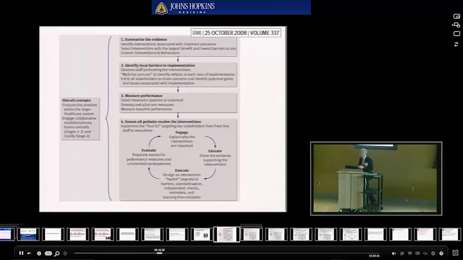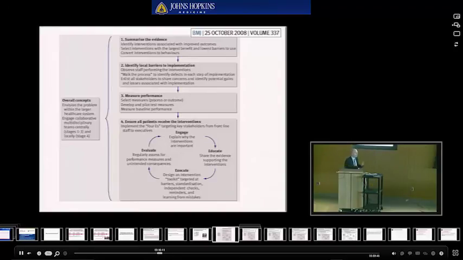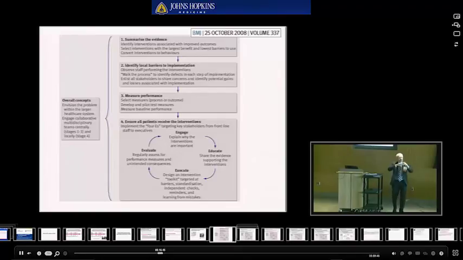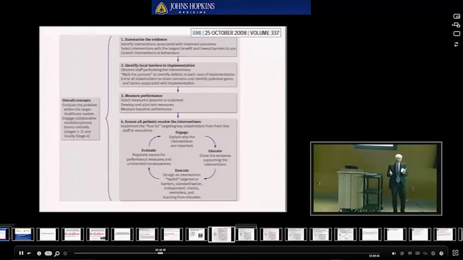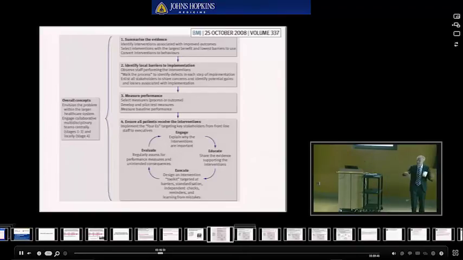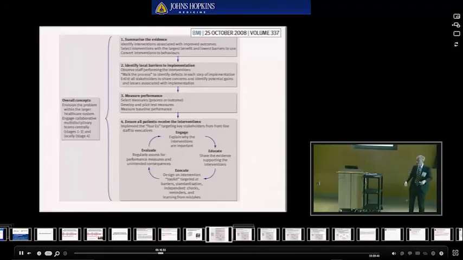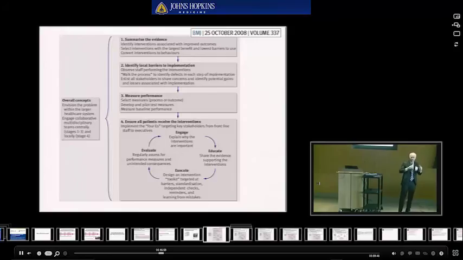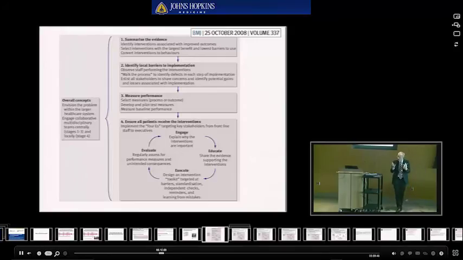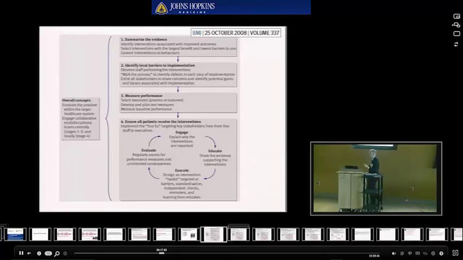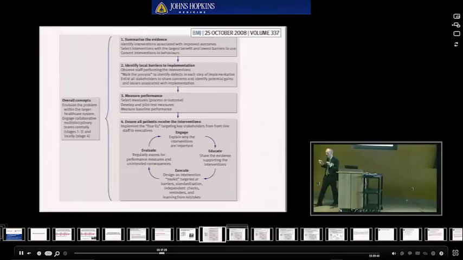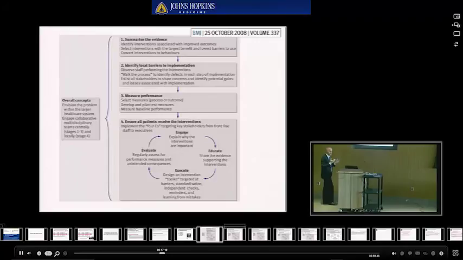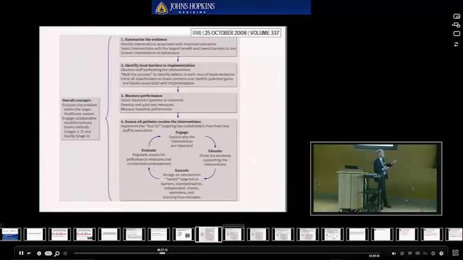I'll go through each stage of it, but it starts over here saying whatever problem we're trying to fix, we need to think about within the larger healthcare context. It's not just that the OTs and PTs can't find their way to the ICU, or it's not just that the nurses are saying, go away, don't treat my sick patient. There's clearly a much larger problem that requires the whole healthcare system, and the only way we're going to solve that problem is if we have a multidisciplinary team that represents all of the stakeholders. So that's really what this part of the figure tells us.